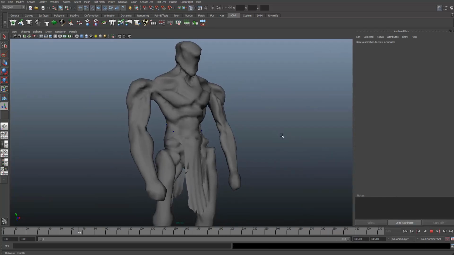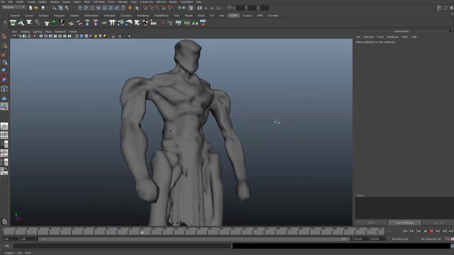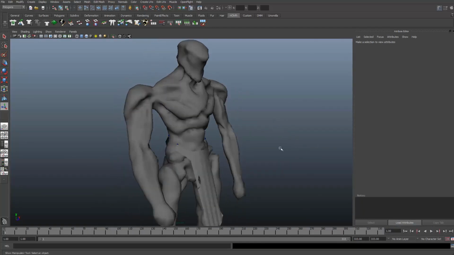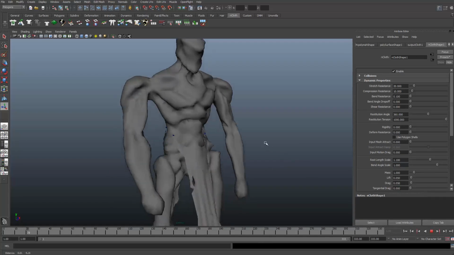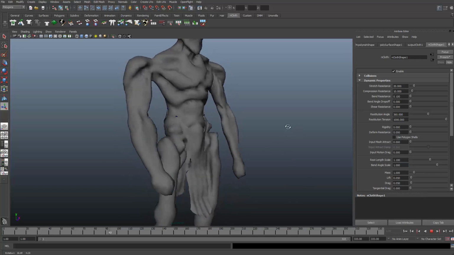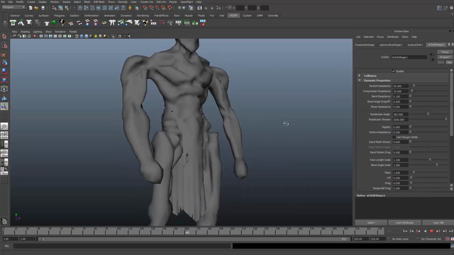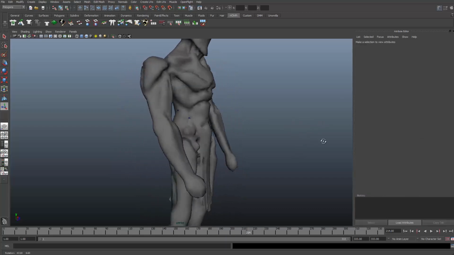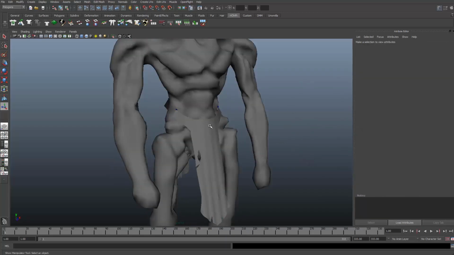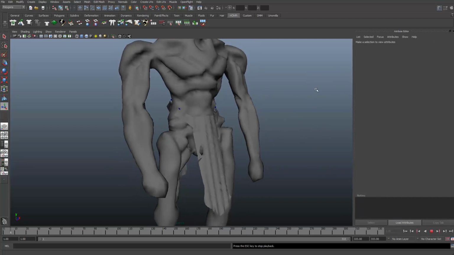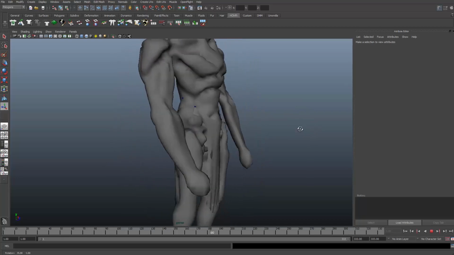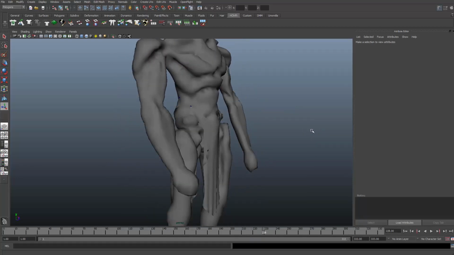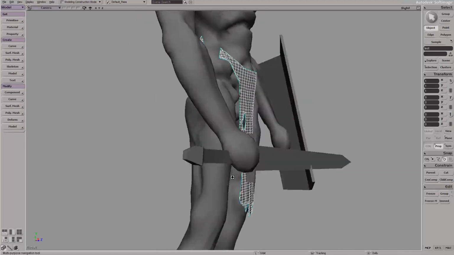So as you can see, I just draped it over the character. We got this initial hanging looking fabric. I'm going to adjust some of the settings. In this particular case, I'm thinking, well, maybe if I give it a little bit more mass, or maybe I can adjust the rest length scale to give it a little bit different look, and maybe reduce the stretch resistance and increase the rest angle scale. Basically, I want to make sure that the fabric doesn't stretch too much while we're scaling the edges to get a little bit more creases and